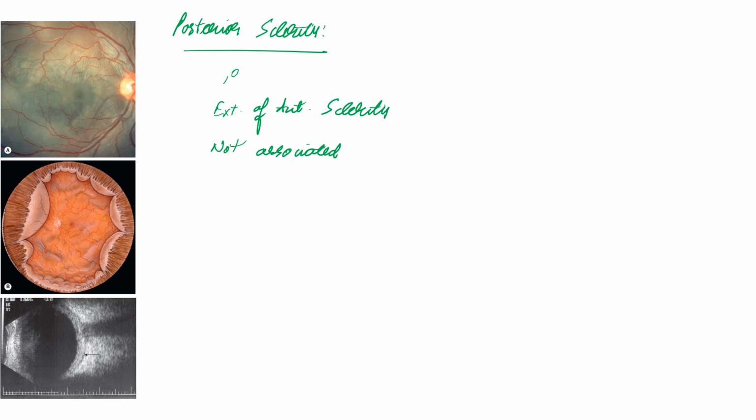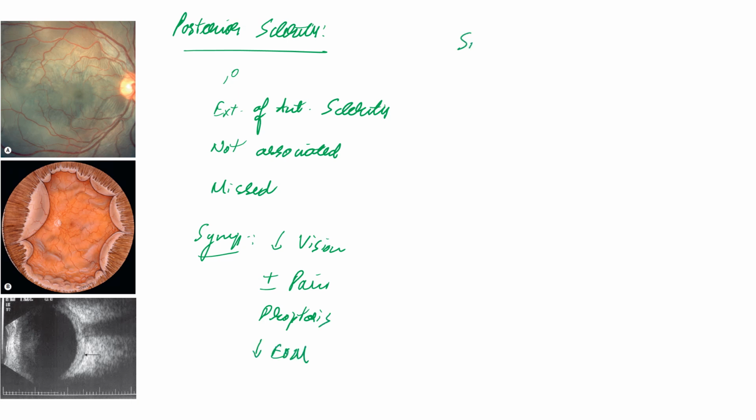The clinical presentation is varied and the diagnosis is easily missed. Now let us discuss the symptoms of posterior scleritis. The patient can present with decreased vision. There can be pain or the patient can also present without pain. There can be proptosis or restricted extraocular movements. Now coming to the signs of posterior scleritis, there can be posterior vitritis,